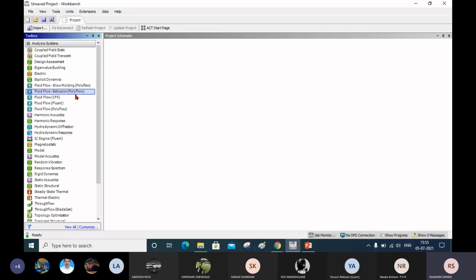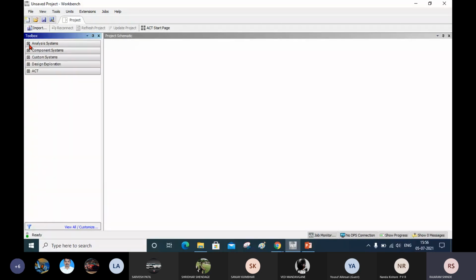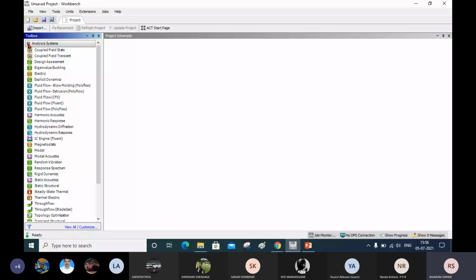You can see here in the analysis system, if I expand this analysis system by clicking on this plus sign in front of it, here you have lots of tools available for doing the different analyses. That means coupled field static, coupled field transient. Next, you have explicit dynamics, fluid flow extrusion, fluid flow CFX, fluid flow Fluent.